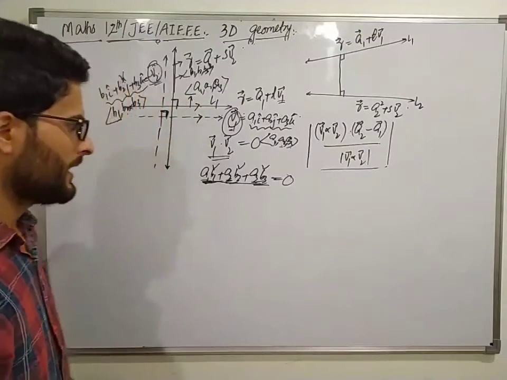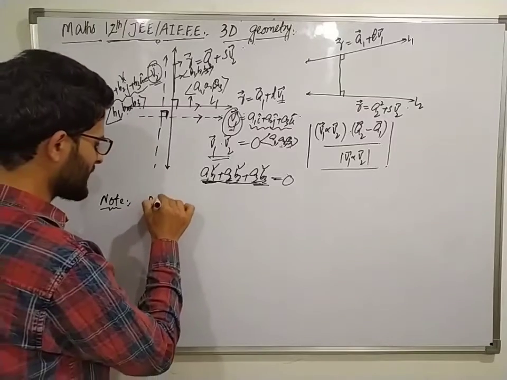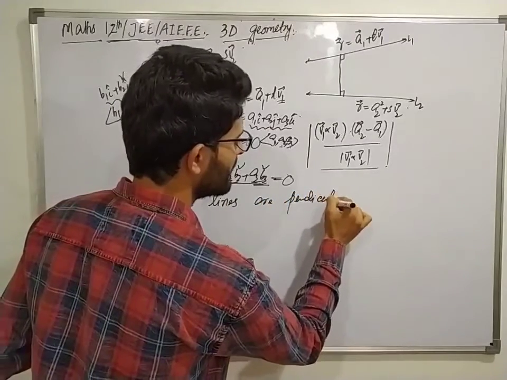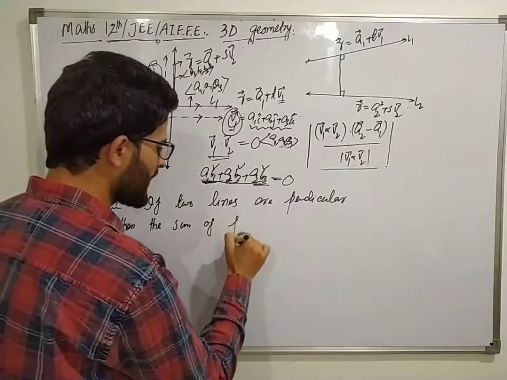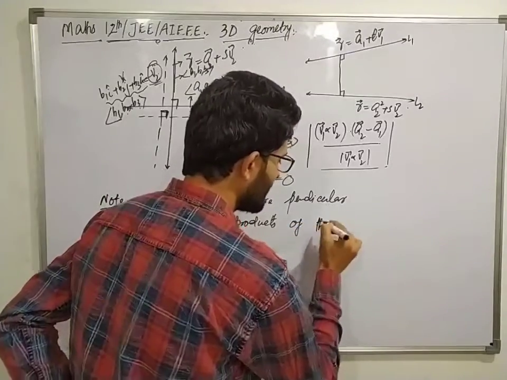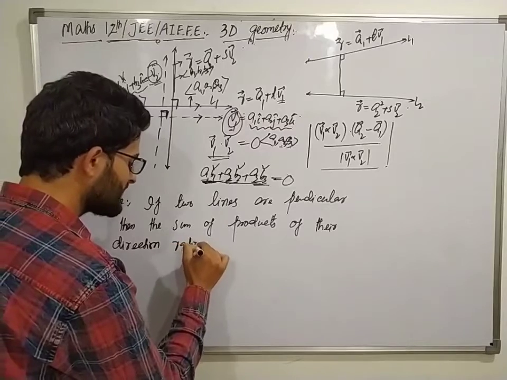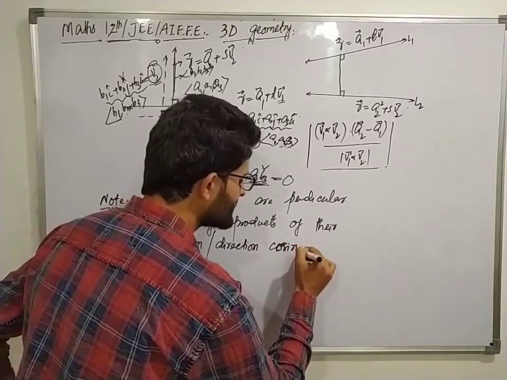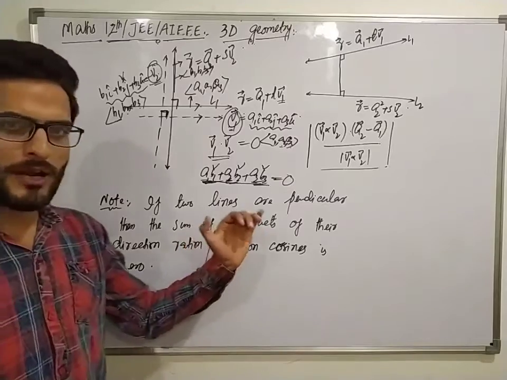तो यहाँ पे मेंशन करना पड़ेगा, नोट में हम ये चीज यहाँ पे मेंशन कर देंगे क्योंकि ये हमें आगे काम आएगा एक्सरसाइजेज में। If two lines are perpendicular, then the sum of products of their direction ratios, as well as direction cosines, डायरेक्शन रेशियो ले लो या डायरेक्शन कोसाइन ले लो, फिर उनका सम ऑफ प्रोडक्ट कर दो इज 0, वो हमेशा 0 के बराबर आएगा।